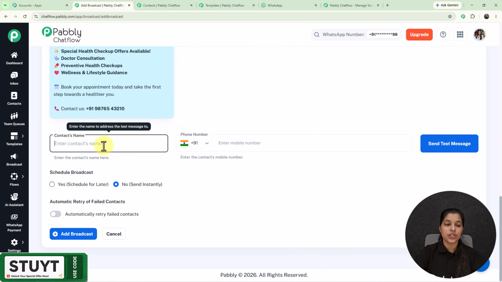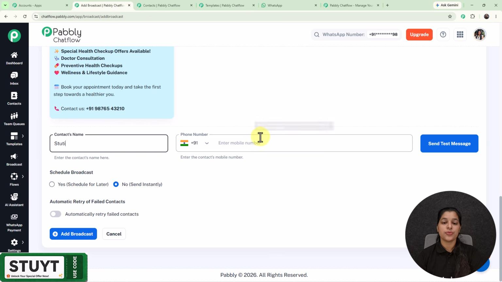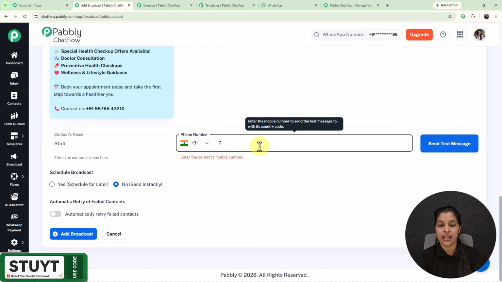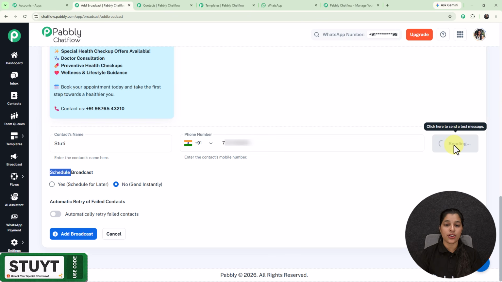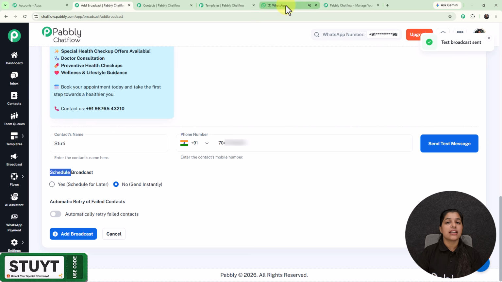So now here I'm going to enter the contact's name or my name, and afterwards I'm going to provide my contact or my mobile number. And now I'm going to send a test message to my number to check whether I'm sending the correct template message or not. And as I have clicked on send test message, a WhatsApp message will be sent to